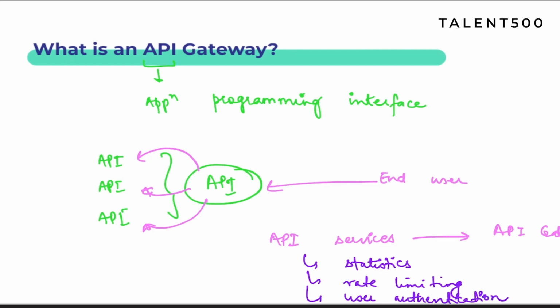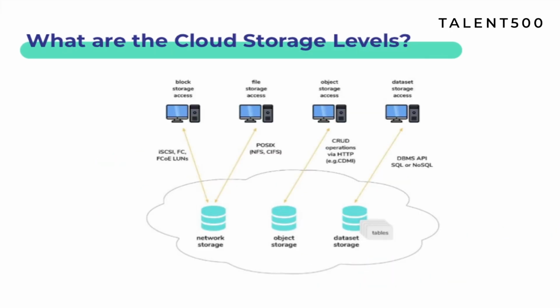Now let's move to the next question. The next question is, what are cloud storage levels? So what is this cloud storage level? You must be knowing what we do on cloud. We store our data. Now when you talk about that data, that data is also available in different forms. So based upon all of those different forms, we have some cloud storage device mechanisms, and those mechanisms provide some different levels. So those levels we are going to be discussing now. The first one which we have here is blocks.